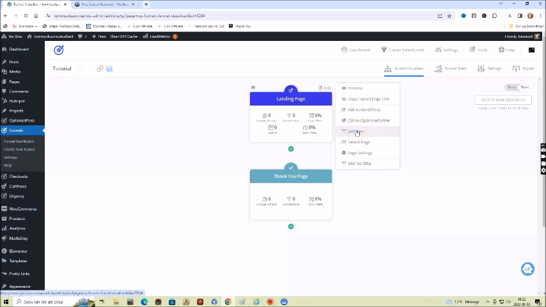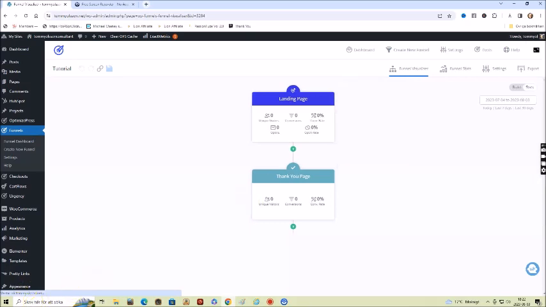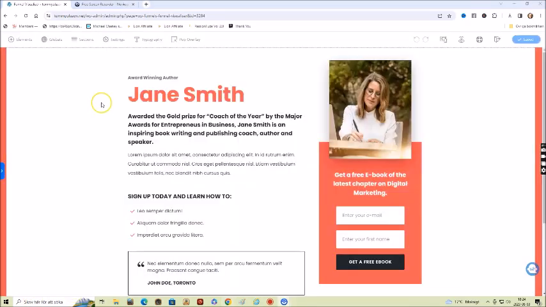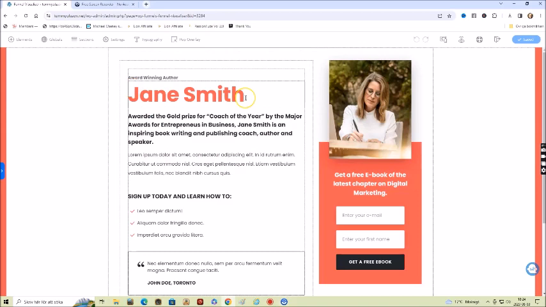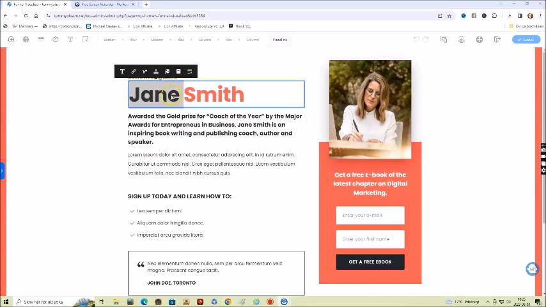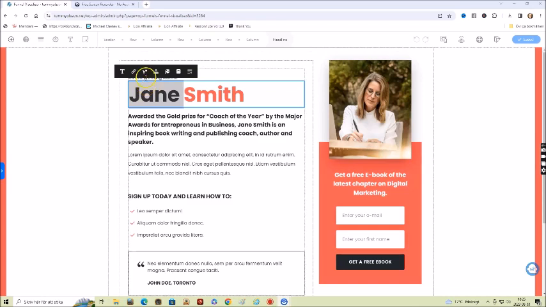So here we are in edit mode, and you can change anything. Text like the headline here, just mark it and you will see a menu coming up. I marked the first name, Jane, and then you can change the text in different ways. You can add links, change the text color and so on. I did another tutorial on how to add an autoresponder, in that case AWeber, to OptimizePress. I will leave it as a thumbnail at the end of this video.